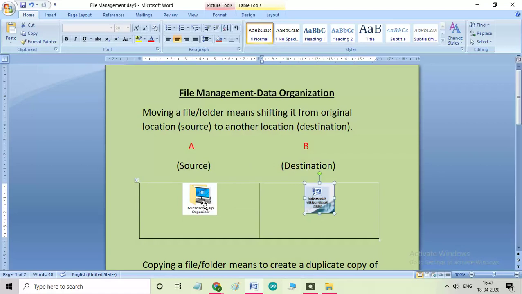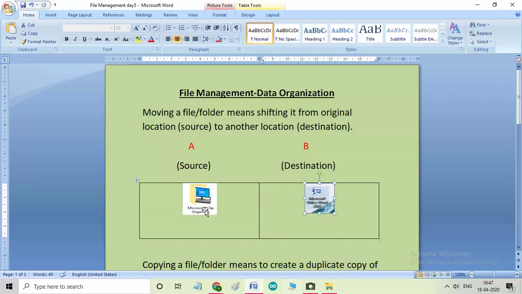I have done this by the method of dragging the folder or file with the help of the mouse. You just choose your file and press your left mouse button. Don't release the finger and just drag wherever you want. This way you can move your file.